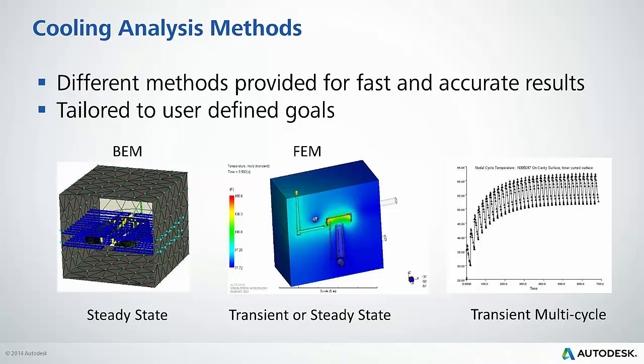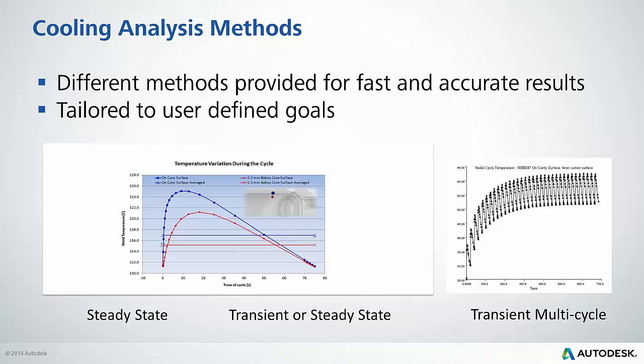BEM is really what we have in Advisor, and historically what we've used in Insight. It's steady state or average, and now we have this new finite element method where we can go kind of a combination of 3D. And so what I mean by that is there's different mesh types for the part, there's different mesh types for the cooling channel, but more importantly, we can start to look at the difference between the